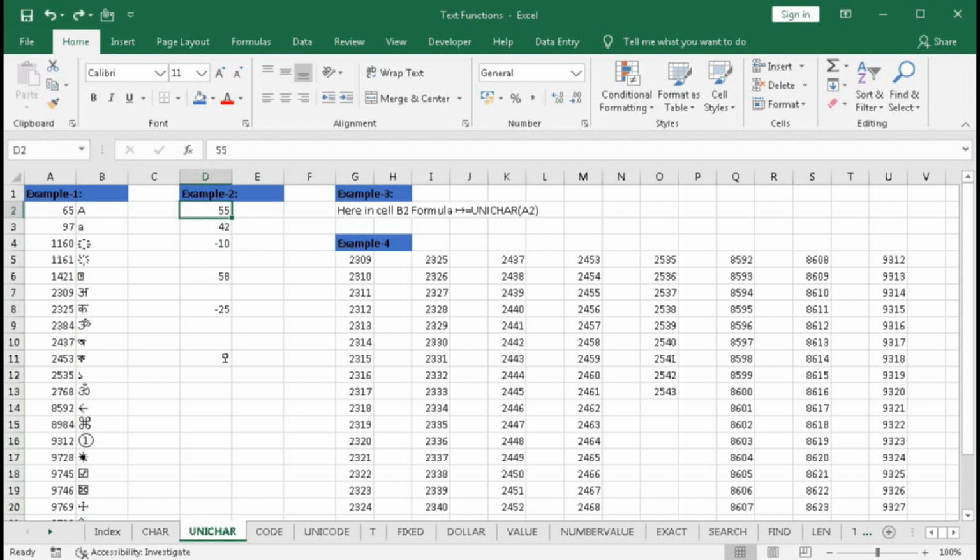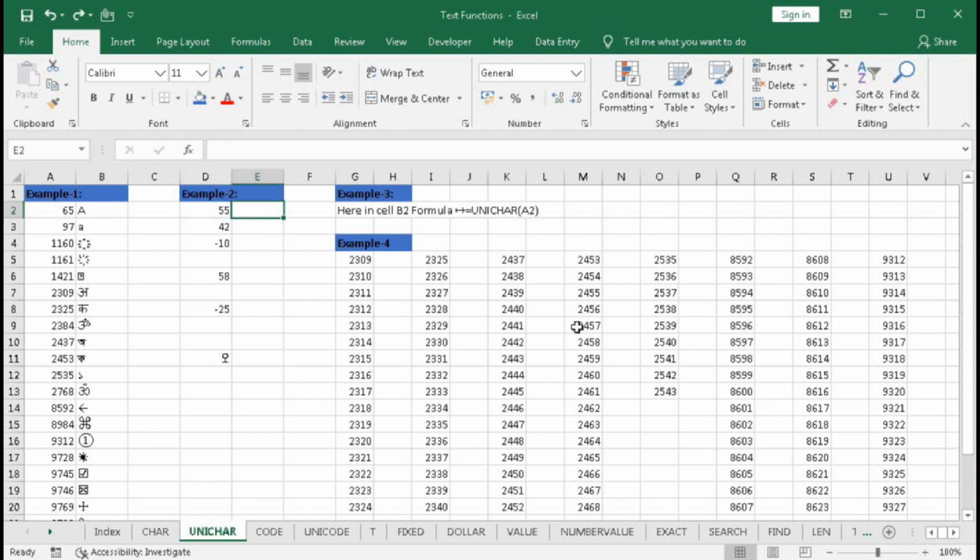So first we need to know the Unicode for the tick mark, cross mark and the hand symbol. For the hand symbol it is 9997, for the tick mark it is 10004, and for the cross mark it is 10006.